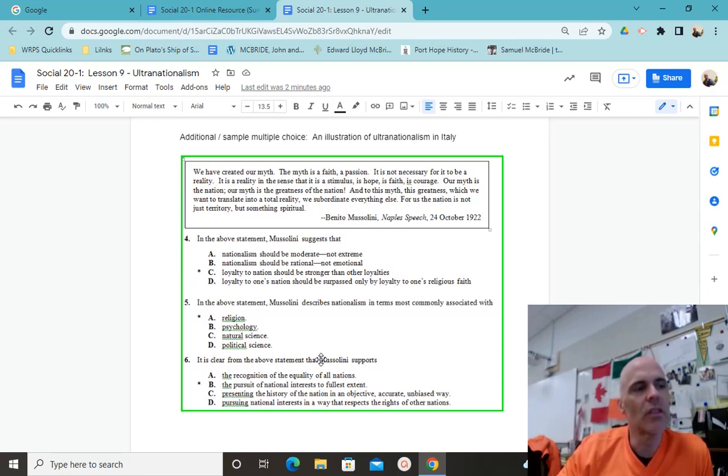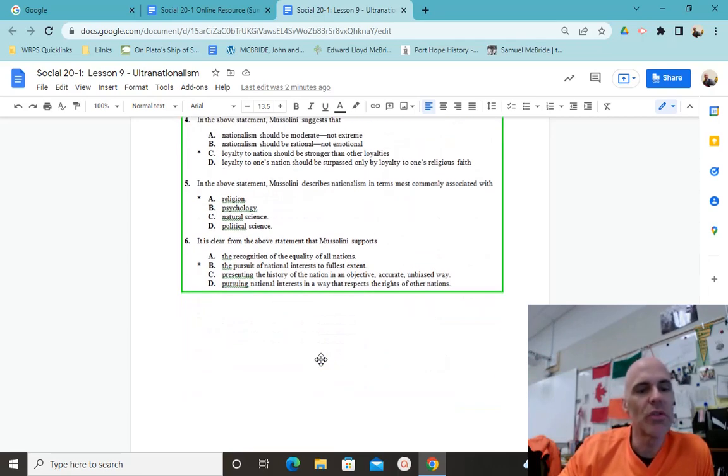Well, ultranationalism will appear on the multiple choice. You'll see it as an undertone in sources in an A1. It could be a key term in an A2. And when we study authoritarianism next year, we are going to be referring back to this concept. So this is one of those concepts that I can't have you just simply forget.